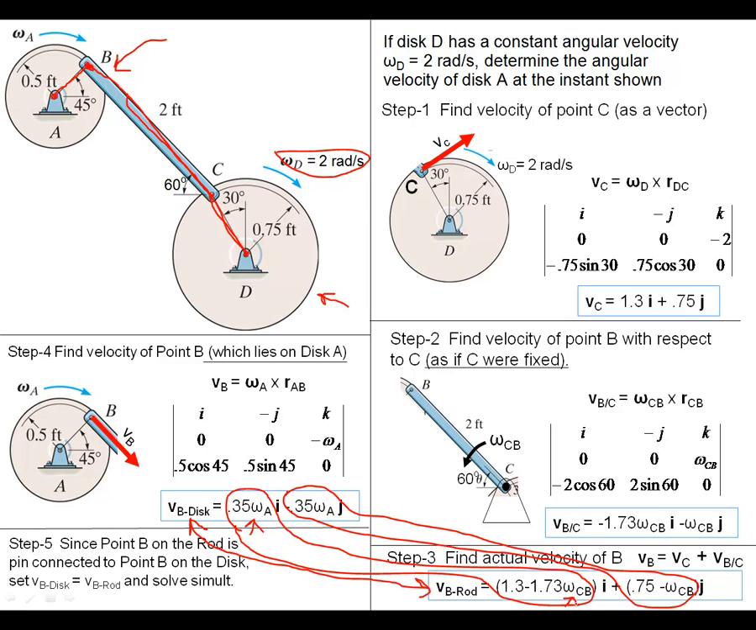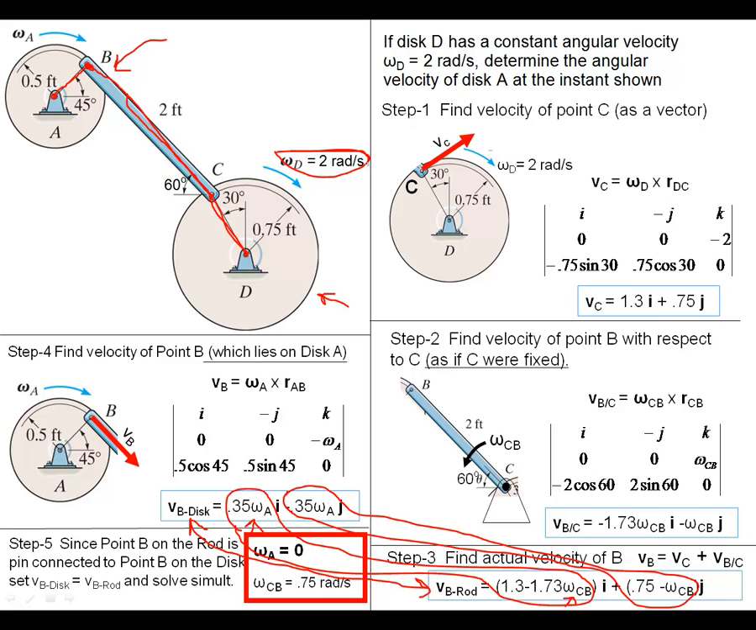So let's do that. Since point B is on the rod and is also on the disk, we're going to set those two velocity B equal to each other and solve them simultaneously. We find that omega A happens to be 0 in this instance, and the omega CB is 0.75 radians per second. So we've solved that problem, and just to review, the way we did it is we started with the